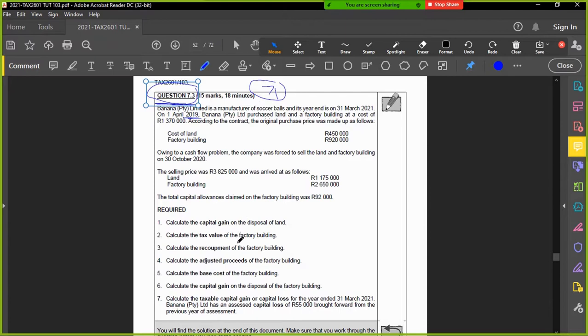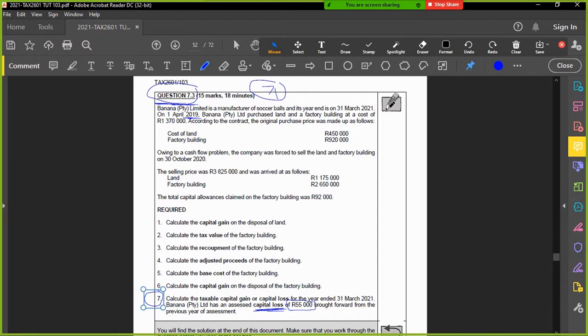It might be a bit different because I see they've asked you. Oh no, they've asked the same thing actually. Yeah, except this bit here at the bottom. I think this is a bit different because it's a capital loss. Okay, so the capital loss is just something that carries forward from the previous year. And then you've got to use